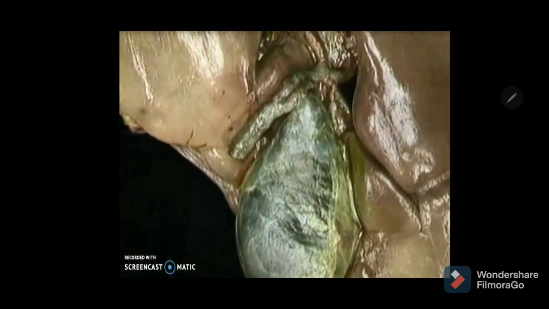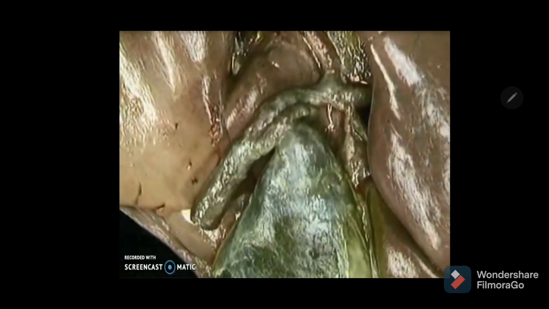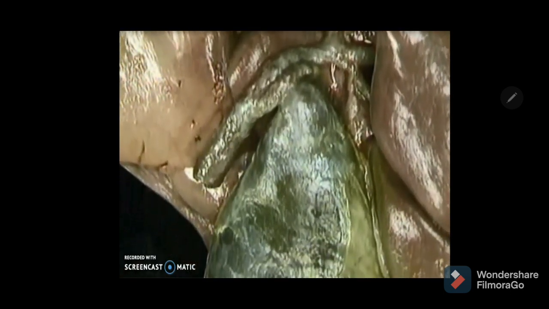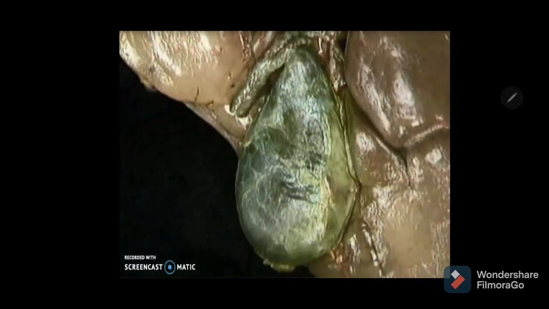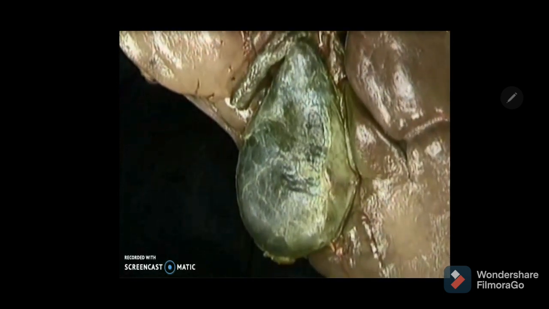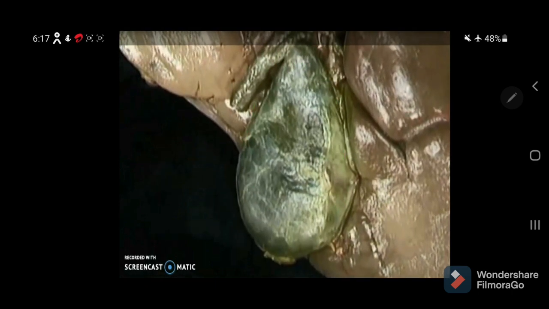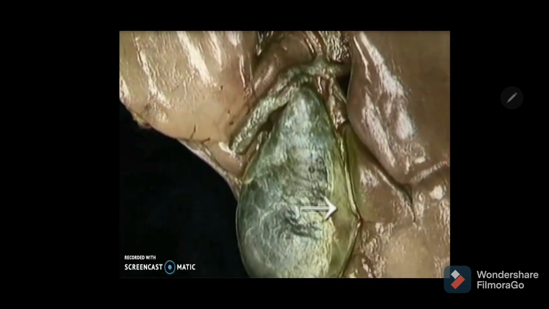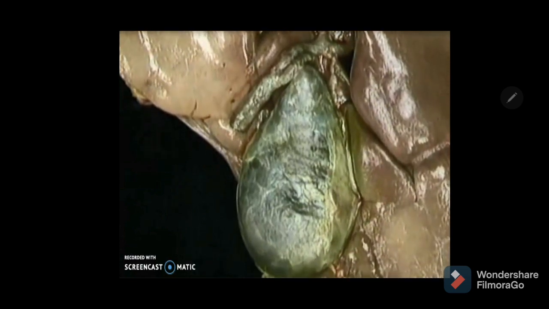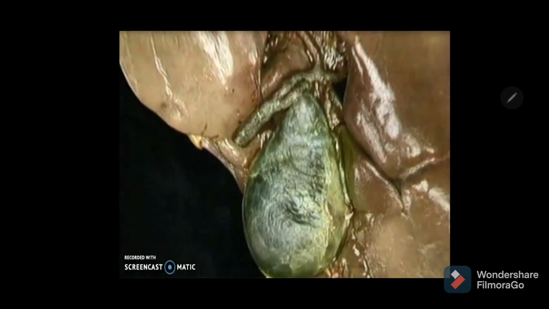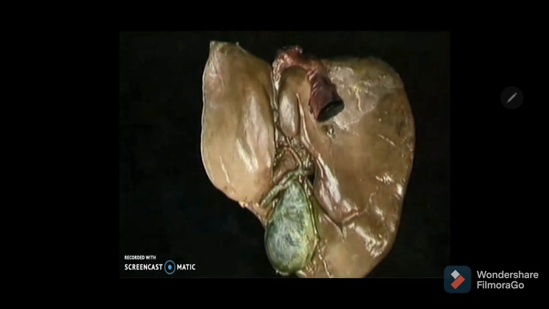When you see the gallbladder, it is a hollow viscous organ, slaty blue in color. Usually in a cadaver it is bile stained. You can notice it is related to the undersurface of the liver, related to the non-peritoneal fossa for the gallbladder on the inferior surface of the liver, just to the right of the quadrate lobe, and it has different parts. You can see this is the fundus, body, and neck. So these are the different components.